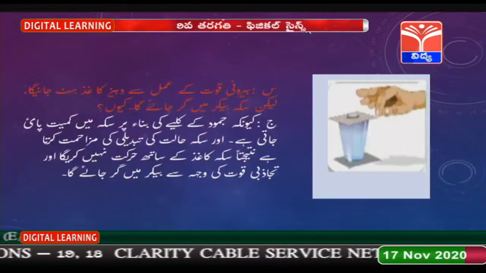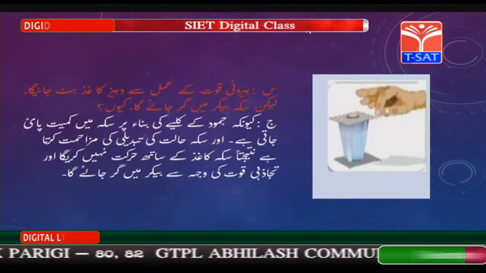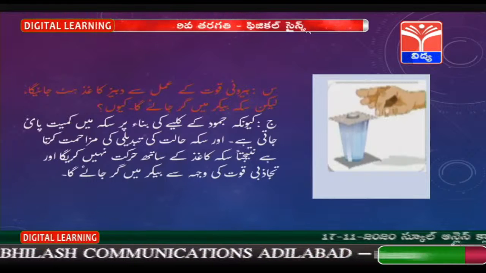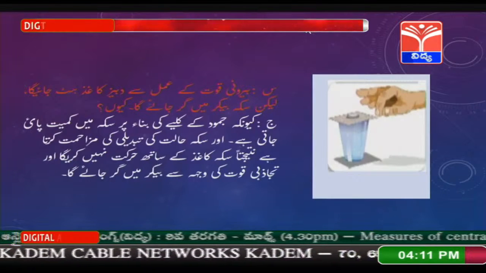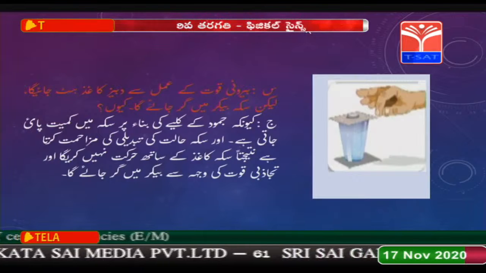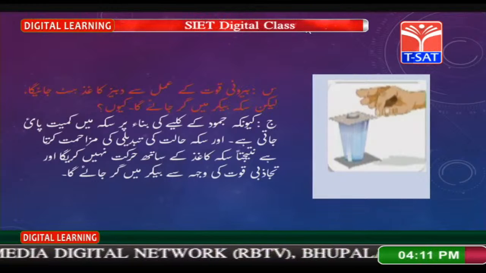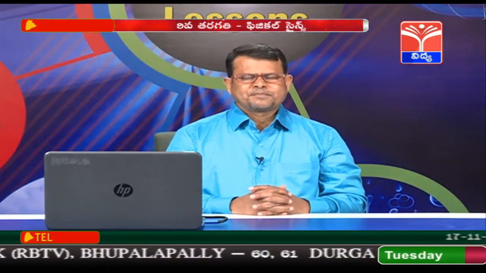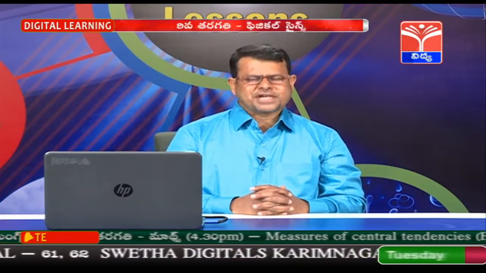بچوں، آئیے اب اس سوال کا جواب دیجیے۔ بیرونی قوت کے عمل سے 20 کاغذ ہٹ جائے گا لیکن سکہ بیکر میں گر جائے گا، کیوں؟ جواب: کیونکہ جمود کے کلیے کی بنا پر سکے میں کمیت پائی جاتی ہے اور سکہ حالت کی تبدیلی کی مزاحمت کرتا ہے، نتیجتاً سکہ کاغذ کے ساتھ حرکت نہیں کرے گا اور تجاذبی قوت کی وجہ سے بیکر میں گر جائے گا۔ تو بچوں، آپ نے دیکھا کہ کس طرح سکہ تجاذبی قوت کی وجہ سے بیکر میں گر گیا۔ تو بچوں، اب آئیے ایک اور ویڈیو کا مشاہدہ کرتے ہیں۔